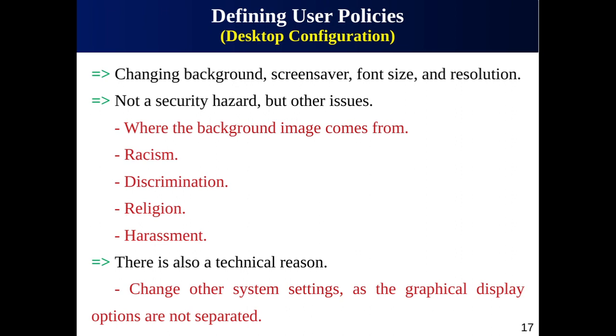For example, the first issue is where the background image comes from. Frequently, a user will download images from the internet. This means there is a chance of getting a virus or malware, particularly one using a hidden extension, for example, an .exe file disguised as a JPG file. There are also human resources and harassment issues. If an employee uses a desktop or a screensaver that is offensive to other employees, you must be careful about it. Another problem is technical: if you give users access to change their background, their screensaver,